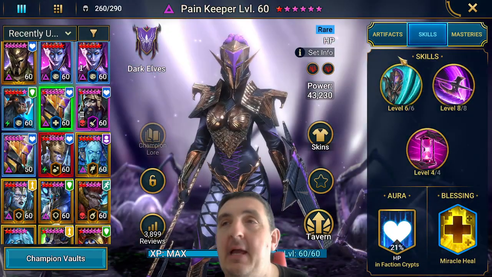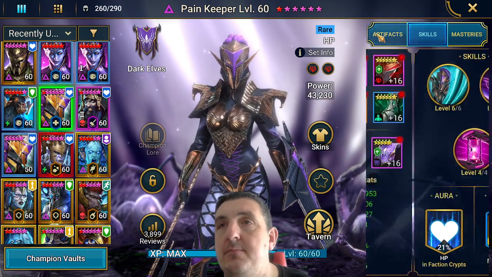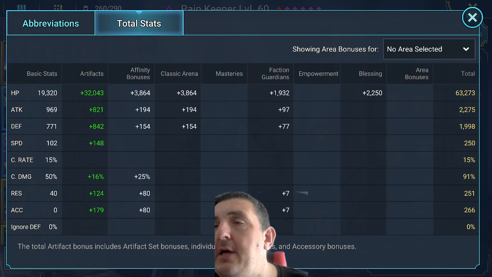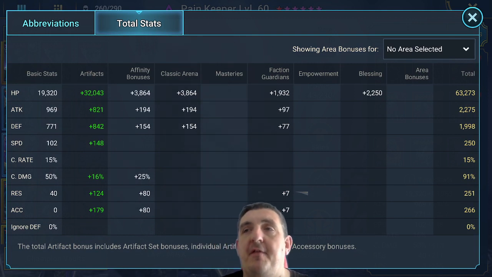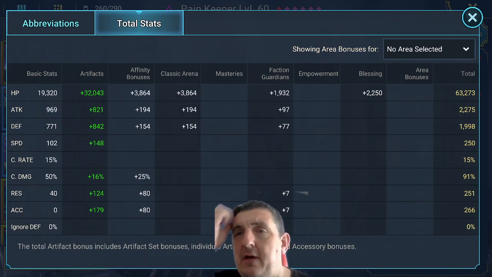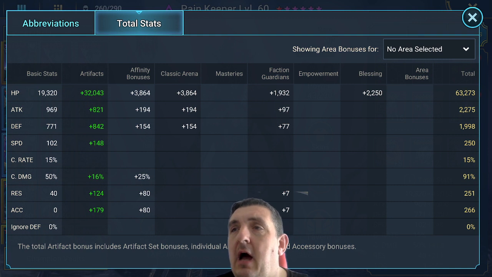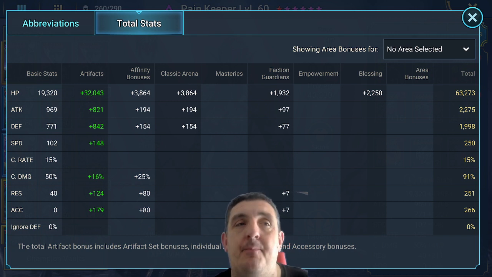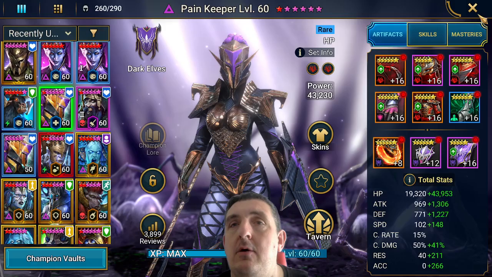So we'll go into the last one, which is Painkeeper. This is my Painkeeper, the one I use on both. So 250 speed, 63k HP, pretty much nothing else. She's got resistance and accuracy as a byproduct of the fact that I've almost finished Great Hall. That's the only reason she's got that, to be honest. And the gear I've used, if I remember rightly, I used...